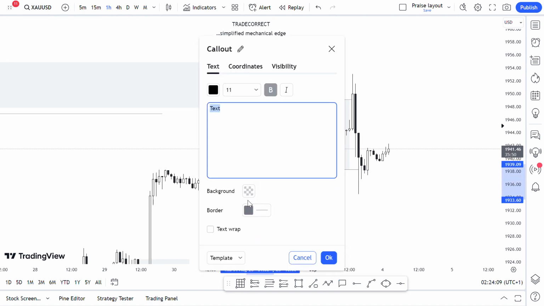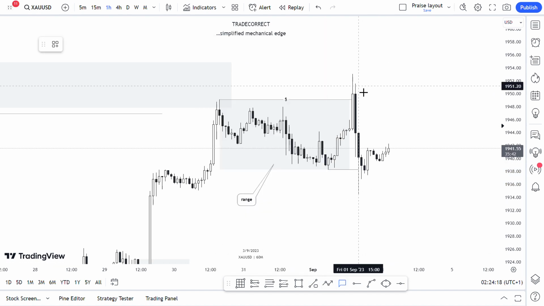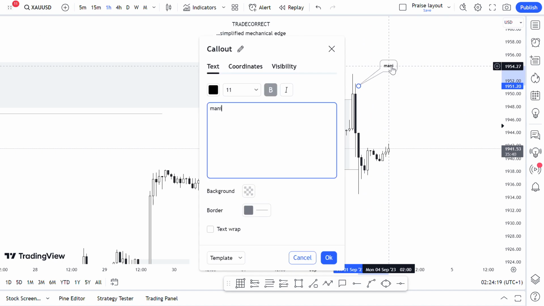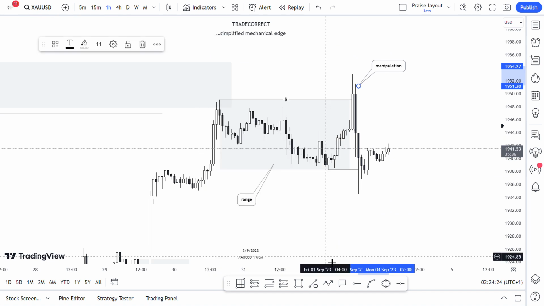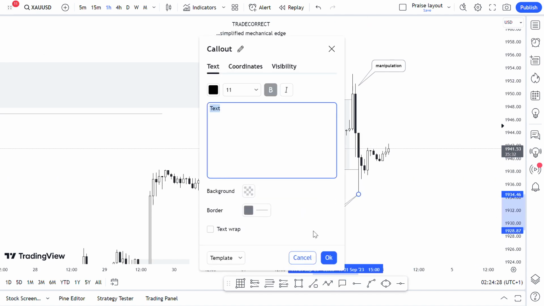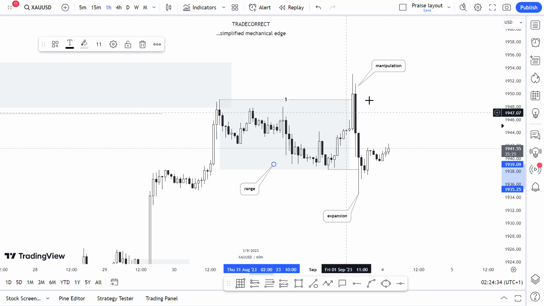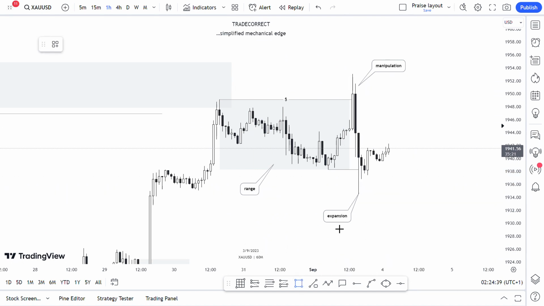So this is what you can call your consolidation or range. That's a range. This is your manipulation, or liquidity sweep, whichever you want to call it. This is your expansion. Now price fakes out. What do we call a fake out? It fakes out, then shows its true intention,